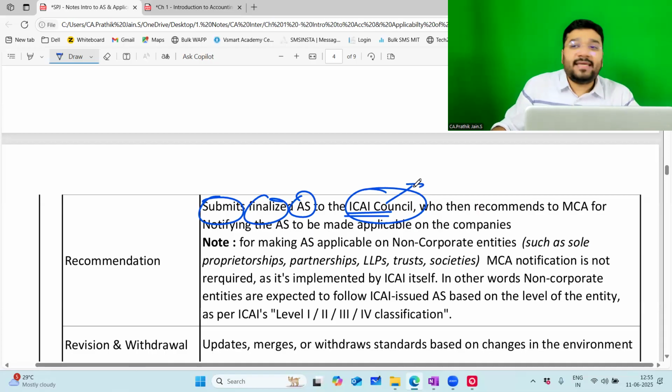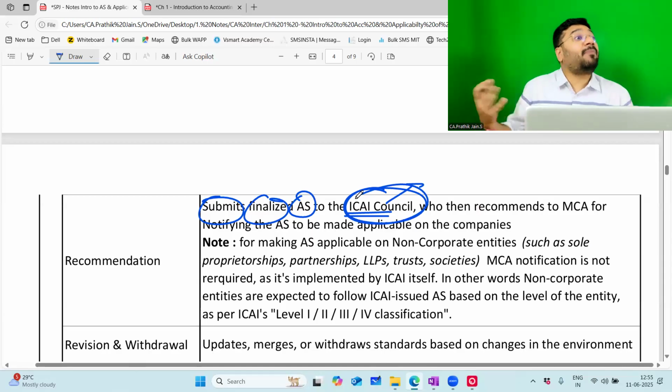Once you become a CA, you will be voting for the chartered accountants to be a part of the central council. In Tamil Nadu, we have Rajendra sir, who is a part of the central council. Like that, we have so many people. So they take a lot of decision making. They go and represent ICAI at multiple platforms.